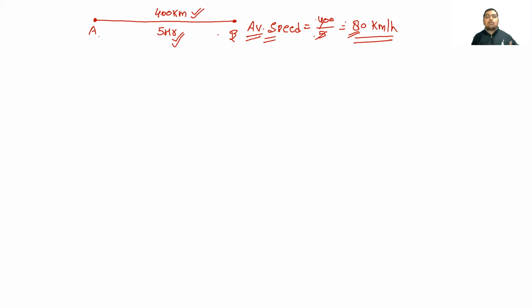Why? When you start from your home, your speed is between 10 to 20. Then you increase your speed according to the traffic. When you are on the highway, your speed may be 100 plus kilometers per hour. Or when you are in heavy traffic, your speed becomes 0, or 20, or 10. So what does average speed tell? It tells that when you travel at 80 kilometers per hour, you will take 5 hours to travel 400 kilometers. That's why it is called average speed. And when we talk about average velocity, the same phenomenon happens with velocity.